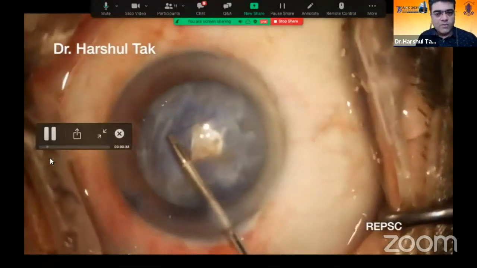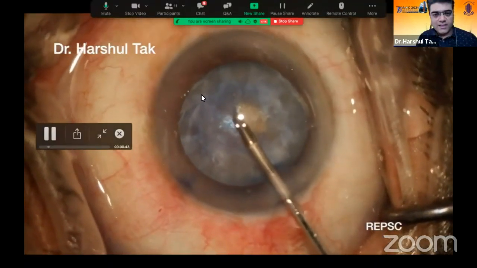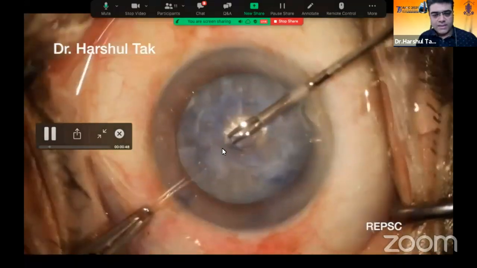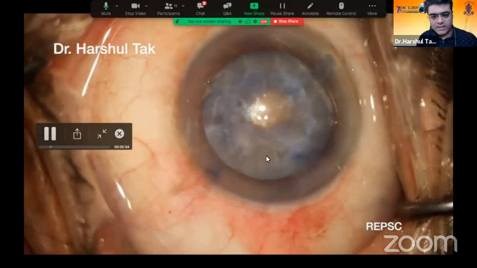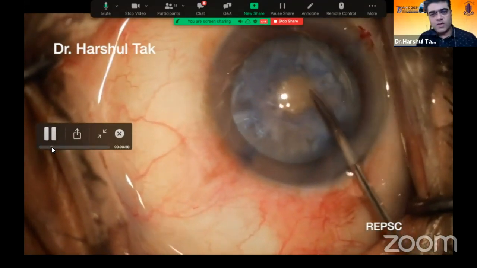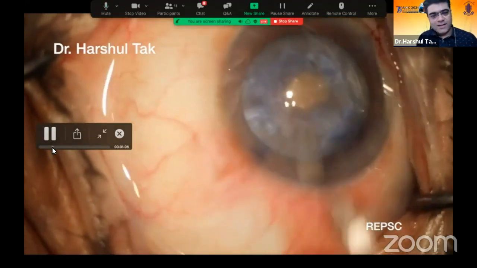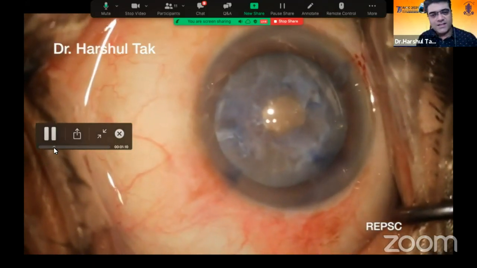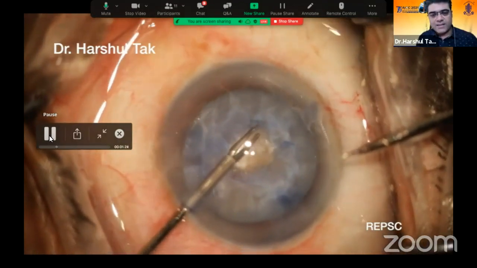So what I'm trying to do here is making a very small rhexis so that I can assess in which areas the capsule is very fibrotic and where it's free. By doing this, I realized that this entire area is fibrotic, and here it's a clear area. So now I use the micro scissors to give a snip here, as this fibrotic area is always at the 5 millimeters, so I need to use the scissors here. I can't do a freehand capsulorhexis because it may extend the tear into the periphery.